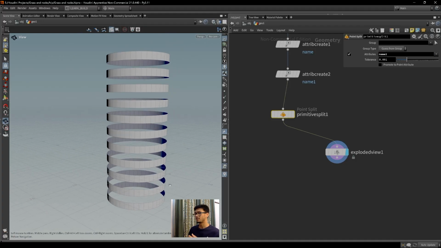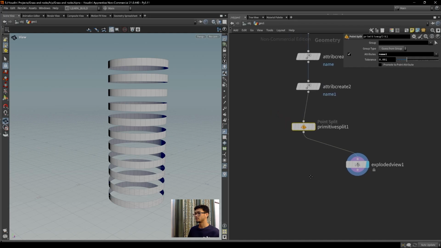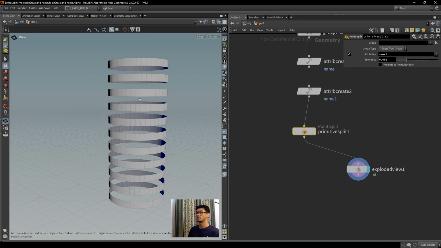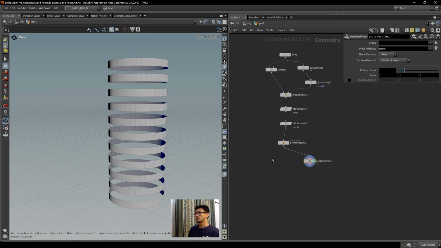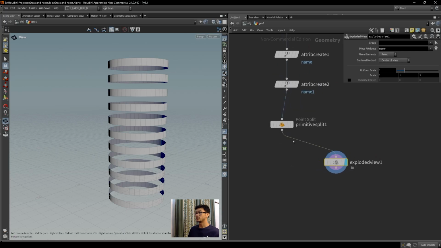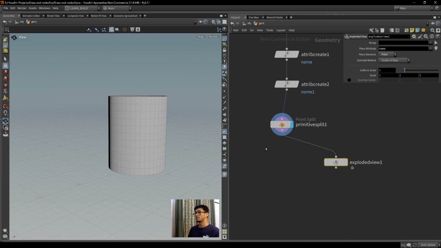I have already talked about this in the last video. I don't know, in the last to last video, I guess. So go check it out if you really don't know what I'm doing here. So now we have our separated primitive rings,